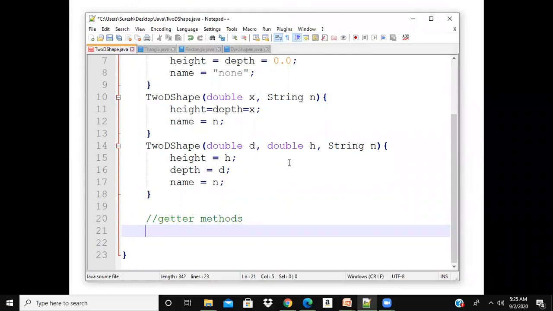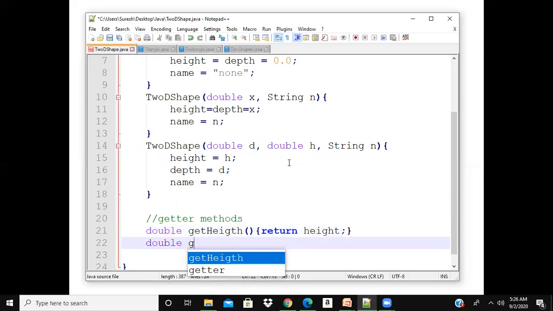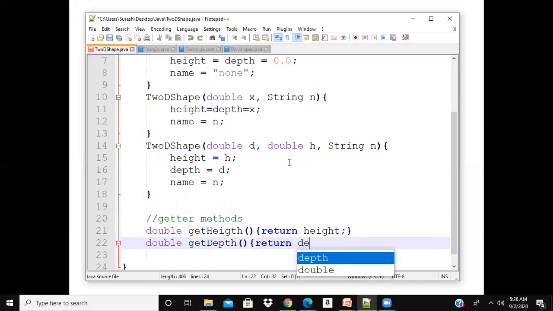It is a double, so the return type is double. Get height, no arguments being passed. Return height. Double get depth, return depth.